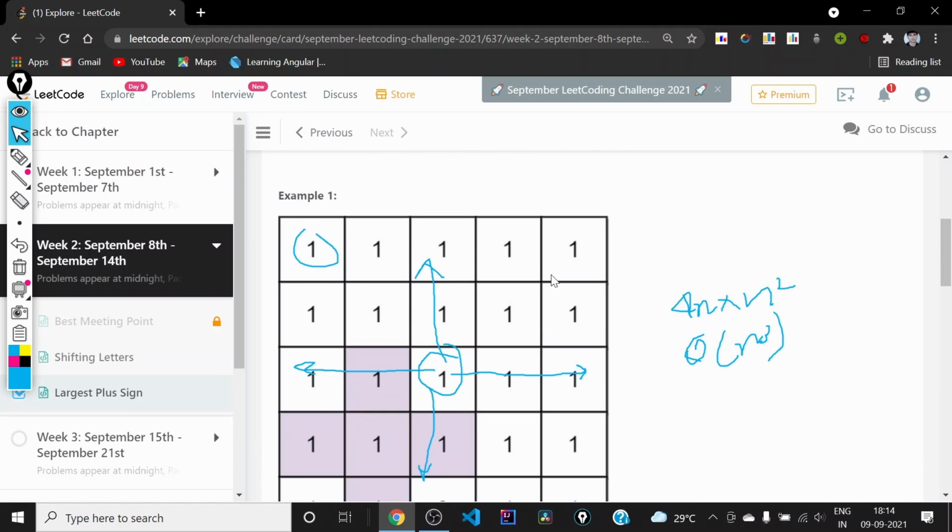We can see that at every center we are checking how much towards the left we can move, and we are similarly doing it for right. For this center we will be checking these cells, and for this center also we will be checking these cells if we go towards the left.